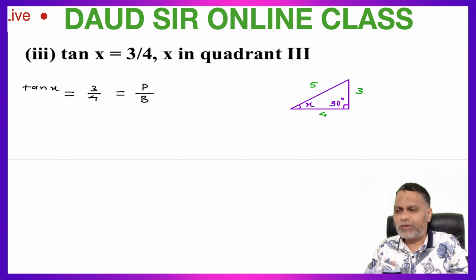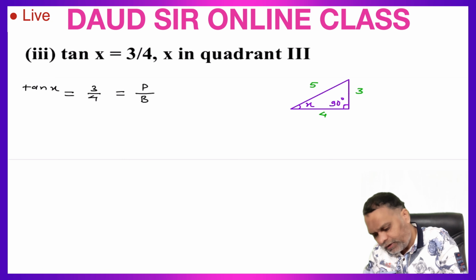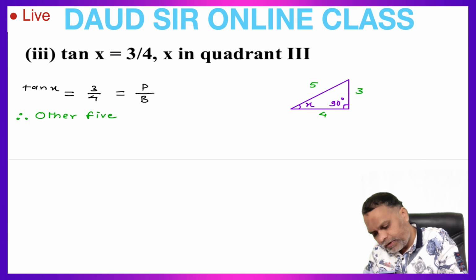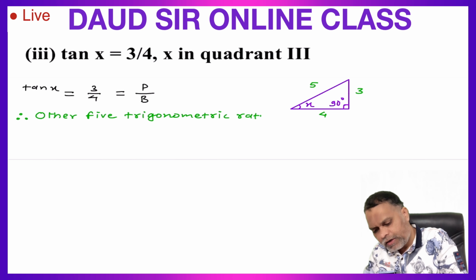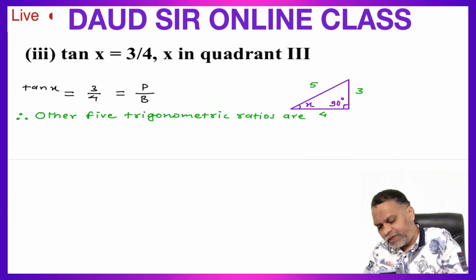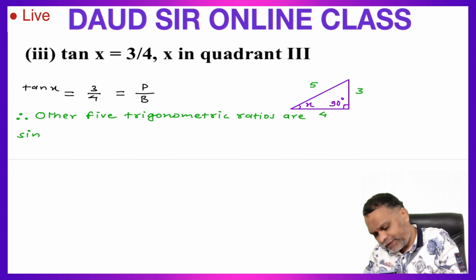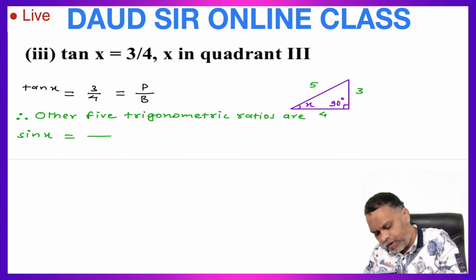Now we have all three sides, so we can write the other 5 trigonometrical ratios values. Therefore, other 5 trigonometric ratios are. Tan is given. Start from sine. Sin x is equal to perpendicular upon hypo,